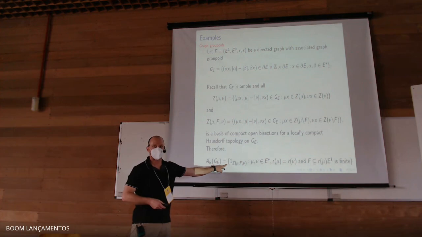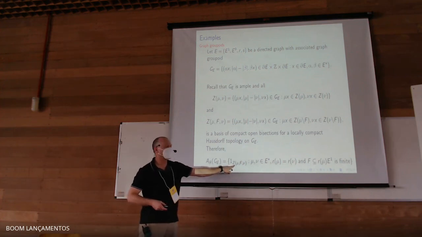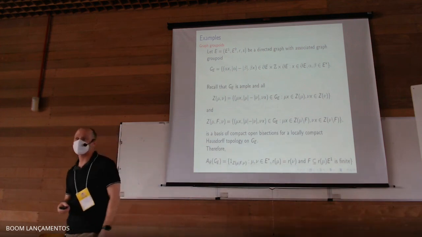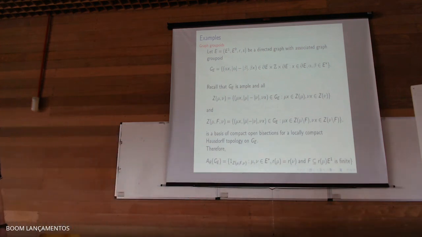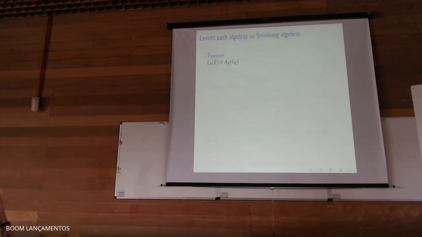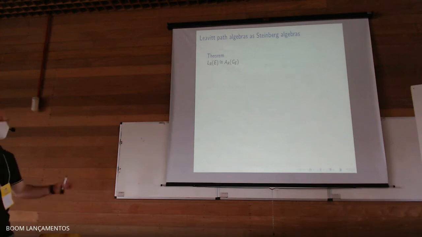It should be the span of all of the characteristic functions on compact open bisections. The fact that it's a bisection takes a little bit of work. So that's fine. One can do calculations with that. So there's a theorem that says that